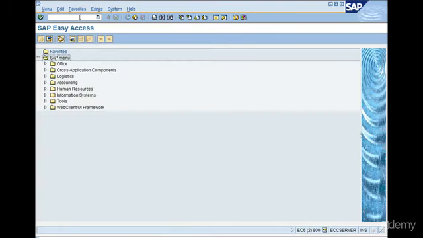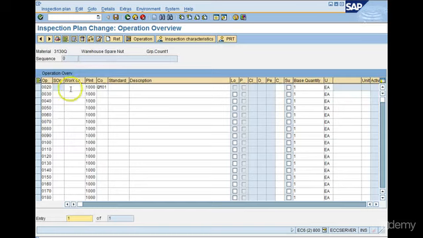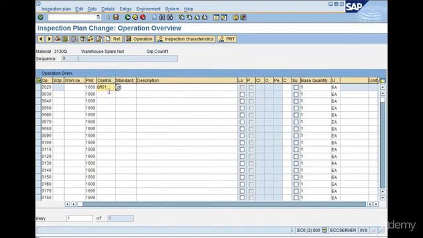Next, now we have the characteristics and the sampling procedure in place. Now we need to have the inspection plan set up. So I will just show you the inspection plan already in place for 3130Q. So to start with, we have to give the control key. Choose QM01. This is a standard key supplied by SAP. Once you give the control key QM01, hit enter and then select this line